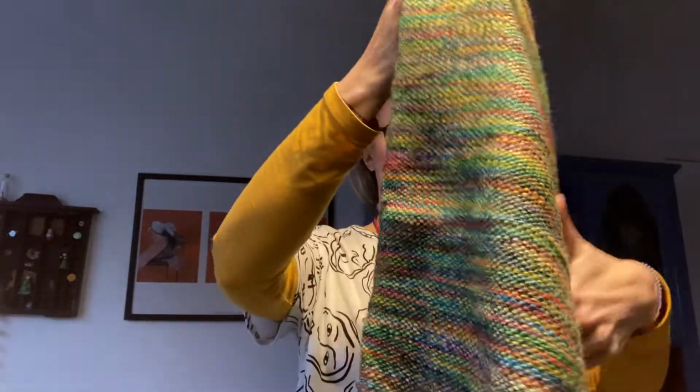Just pins, because I don't want to hurt myself when I'm trying it, and I need to try it again, and then possibly pin some of this into it and see whether that would work. I think potentially this would work, and the colors would work with it too, more than the rest. It would look more finished, but that means if I do that, it would mean not using the fringes, unless